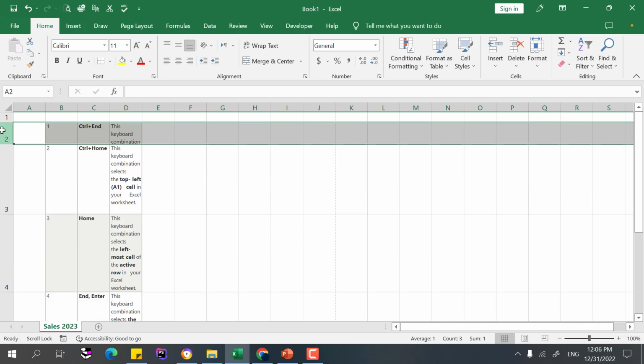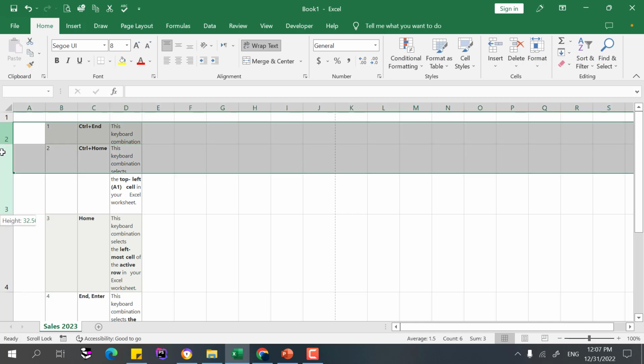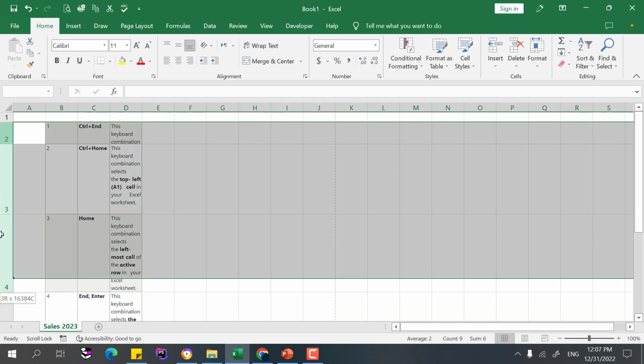Now, I decreased the size of all the cells in this row, but the content of this cell is not showing because the height of the row and the width of the column are not enough to show all the content. I will first change the size of the rows here. Before resizing, I need to select all the rows here. So I select the rows here,